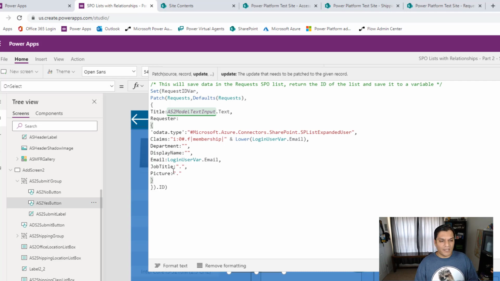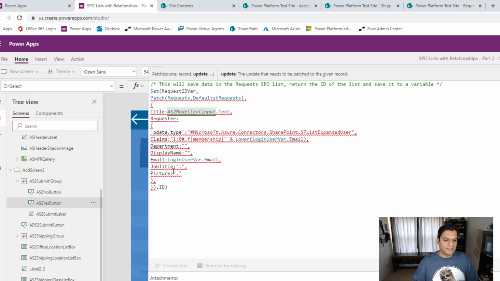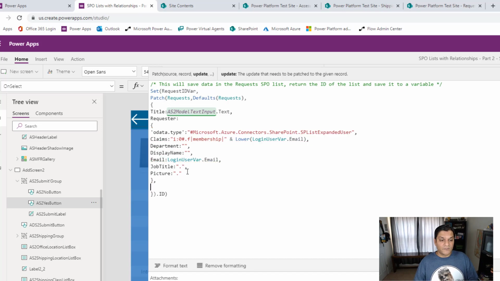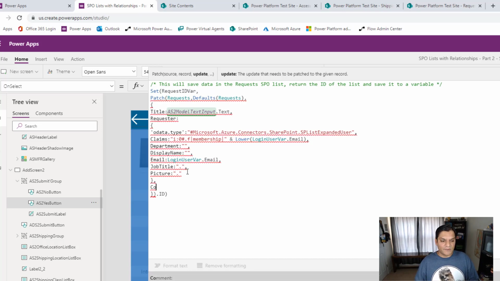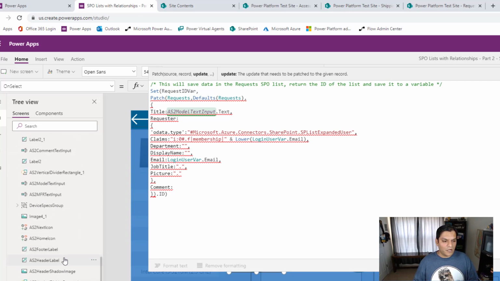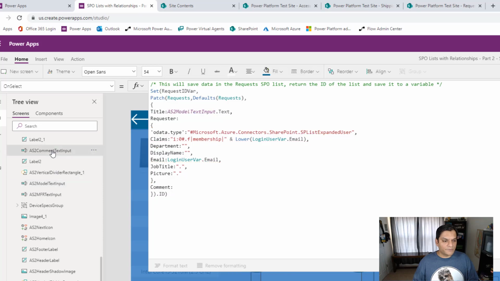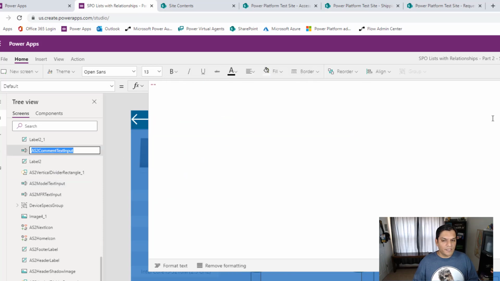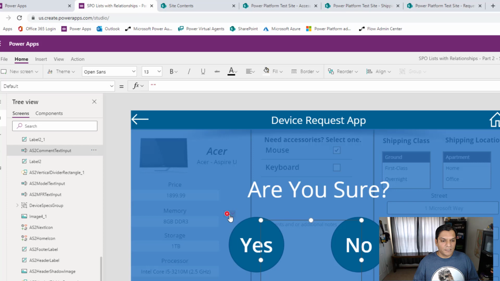So to continue, I've got to go ahead and put that comma back. You see these errors, but nothing's wrong over here. It's just that I had to put that comma because we're not done yet. I need to go ahead and add the comment. Now this one's comment is actually coming from a column that I have called comment. So it's this one here. I'm going to go grab that, close this one again,